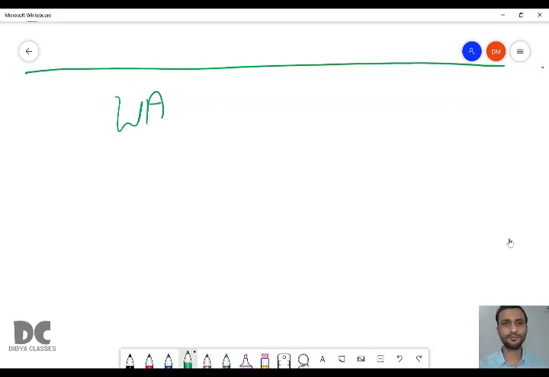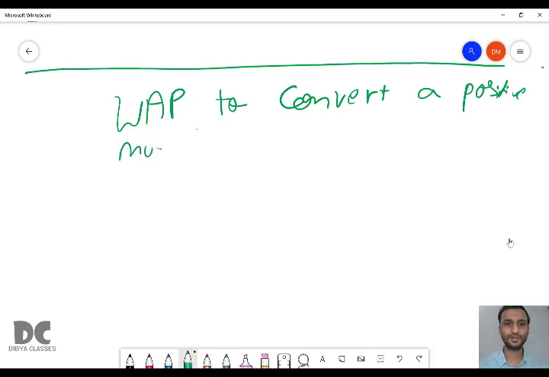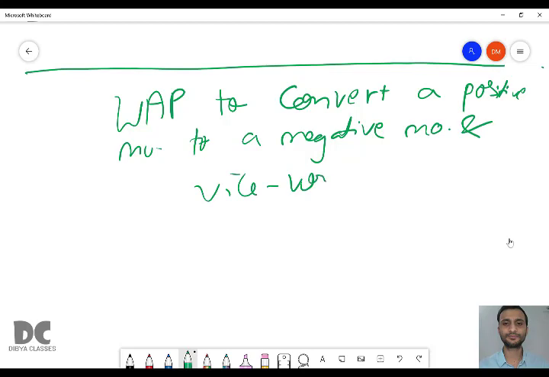Write a program to convert a positive number to a negative number and vice versa. Means if the user inputs a positive number, then you have to convert it to a negative number.